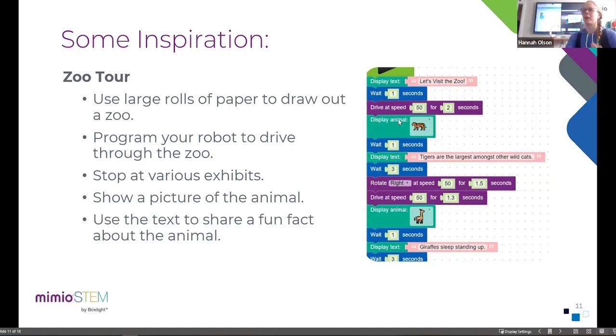And so, it can go and drive to the first animal, and that's a tiger. And it waits a second and shows a picture of a tiger. And then it says, "Tigers are the largest amongst other wild cats." And, continuing, drives through the zoo a bit more, gets to the giraffe exhibit. "Giraffe sleeps standing up." And just really fun, a little bit of research, fun facts, nothing too intense here,